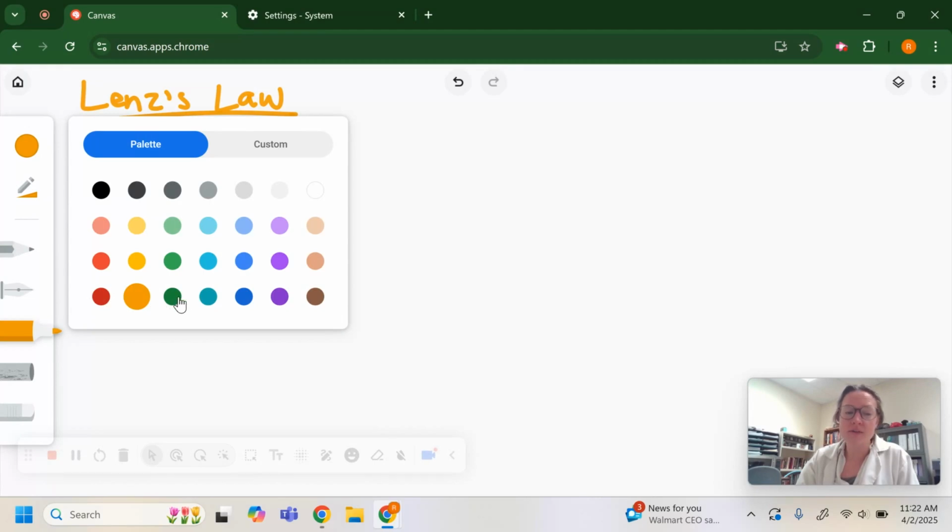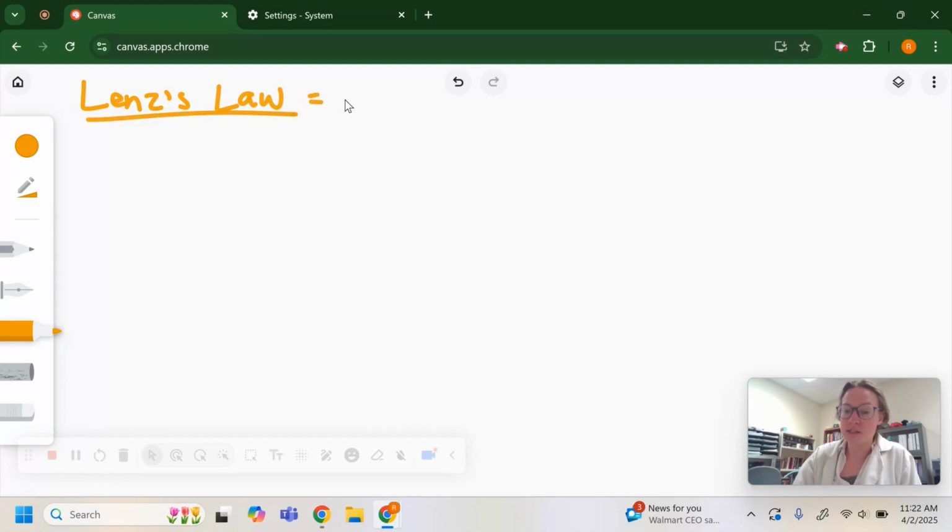Lenz's law is going to instruct us as to which direction the current is going to go in a wire. Let's go ahead and start with an example because the easiest way to learn Lenz's law is through an example. Here's what Lenz's law says. Lenz's law says that the direction of the current that is induced in the wire will oppose the change in